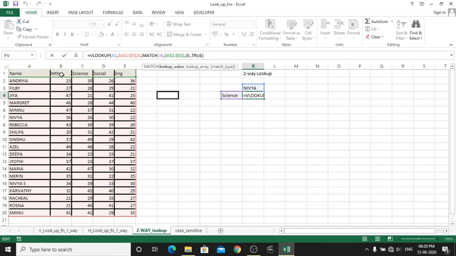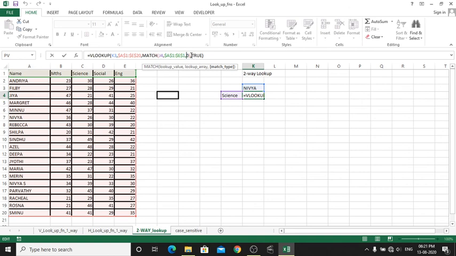So subject names occupy the first row only. So I am passing the first row as the lookup vector. So A1 to E1, comma, 0 as the exact match, since I am passing text as the lookup value. And so with these three arguments the MATCH function is over.